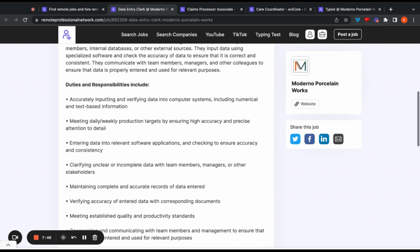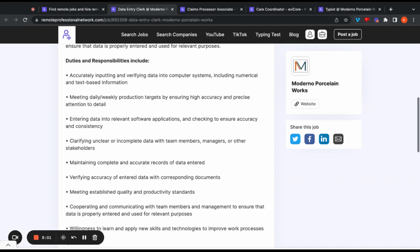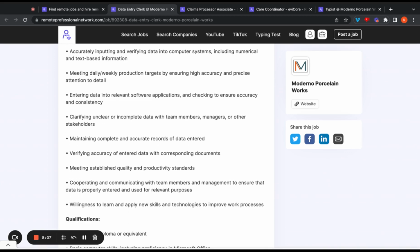All right, as far as the duties go, like it pretty much described, that just kind of puts it in bullet points now. You're going to accurately input data, meet daily and weekly production targets, enter your data into relevant software applications, clarify unclear or incomplete data with the team members, maintain complete and accurate records of data, verify the accuracy,